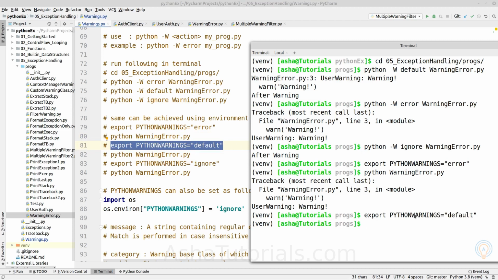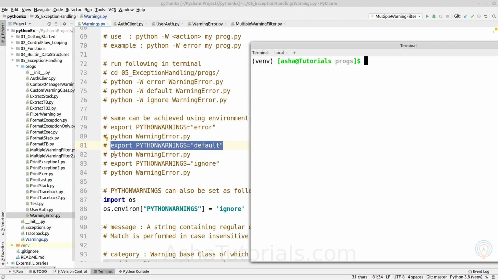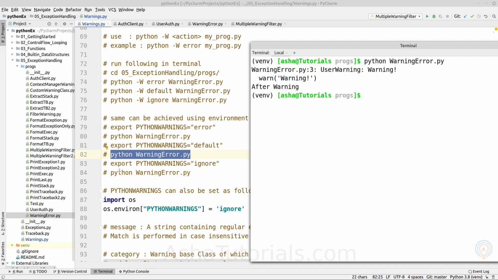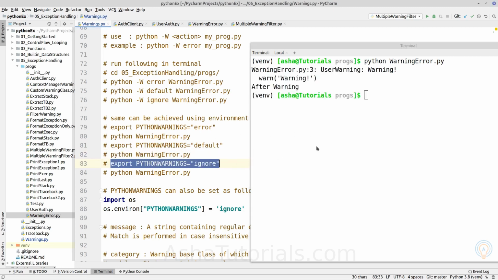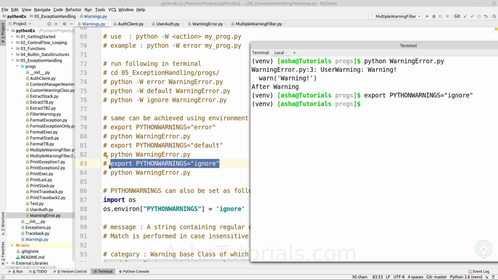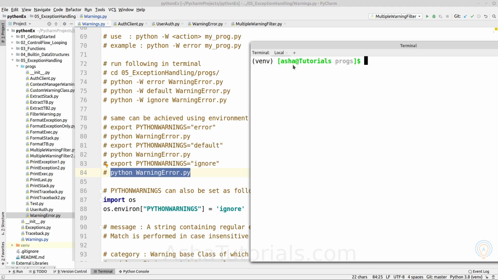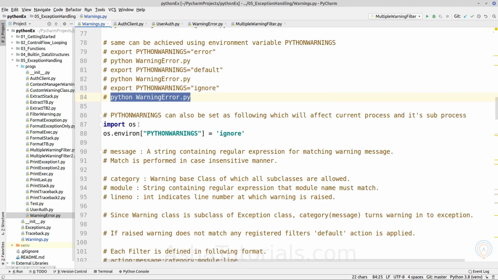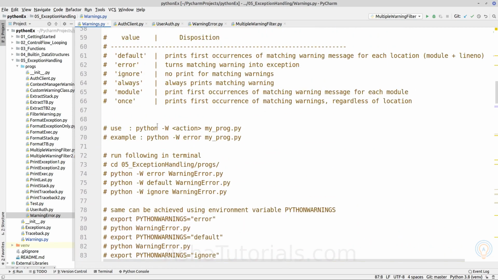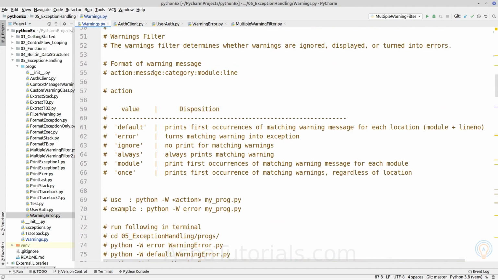If we configure it to default, it will print the warning message for the user warning. And if it is configured to ignore, it will not print any of the messages. The same environment variable can also be configured using the os module, os.environ.